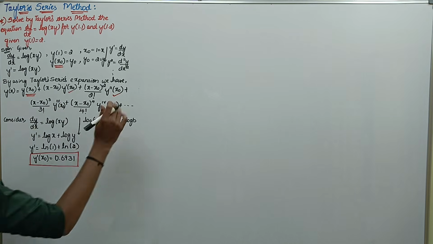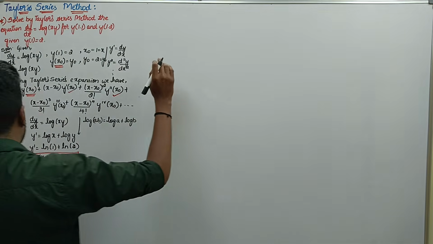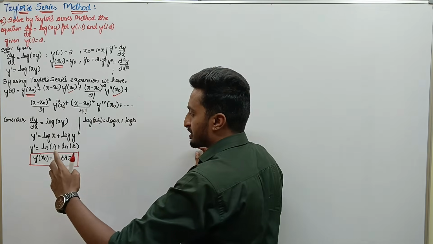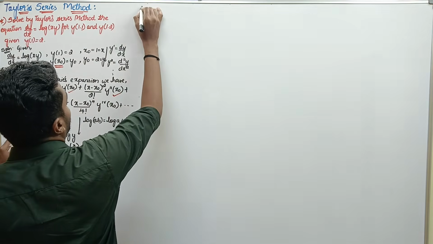Since I don't have space, I am going to represent. Okay. Now let us substitute. See, we have found y dash. Next is y double dash. So what I am going to consider? I am going to consider